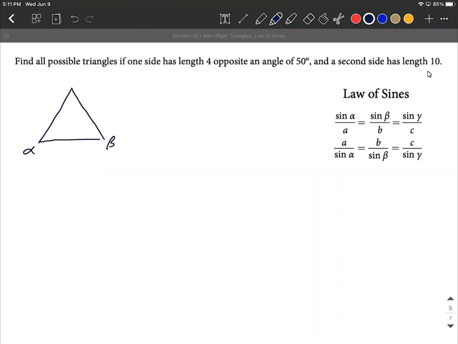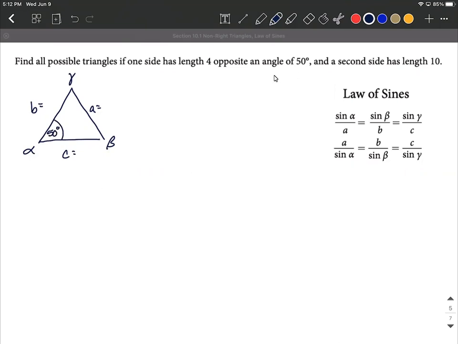Label some sides, label the angles. That's the traditional way to write these. Now, they didn't tell us what was alpha, what was beta, any of this. So we just kind of have to label it based on the information we're given. We know an angle is going to be 50 degrees. I'm going to put that on alpha's